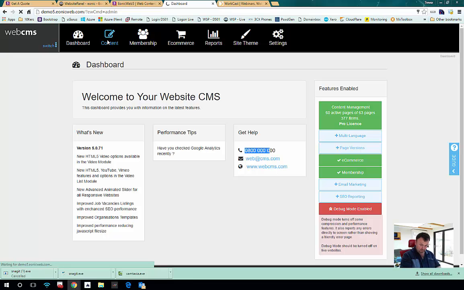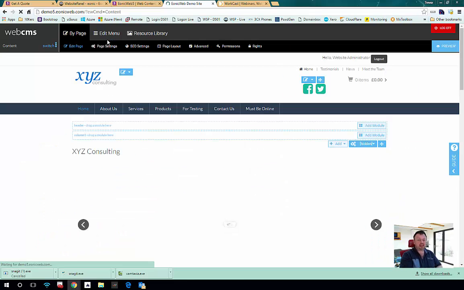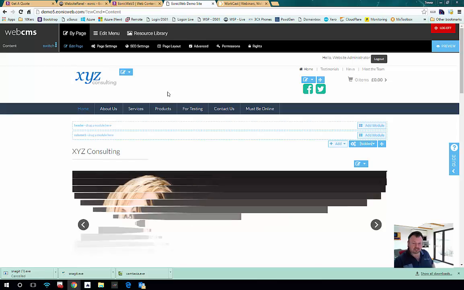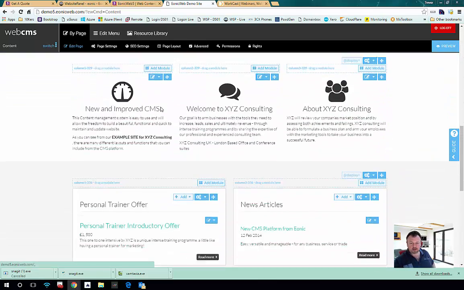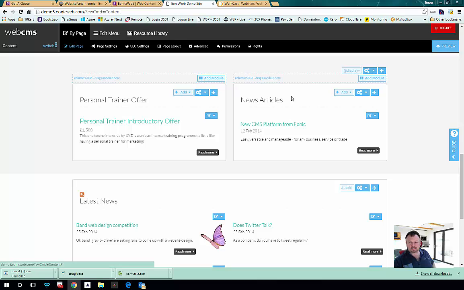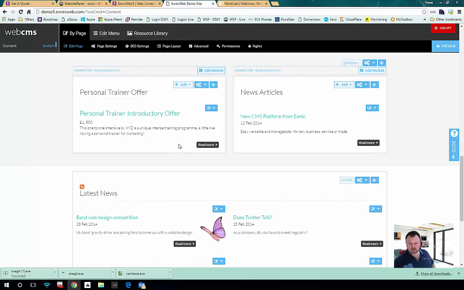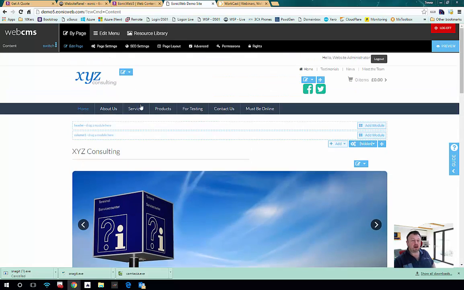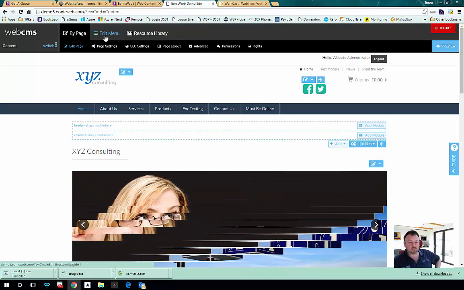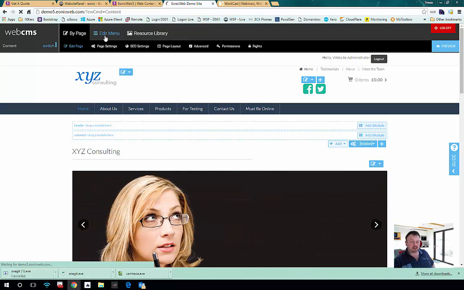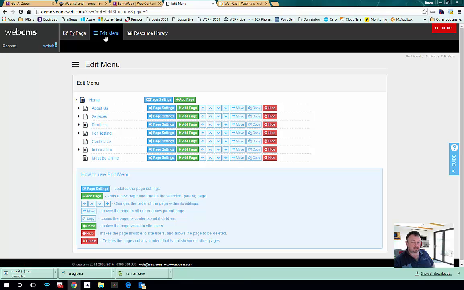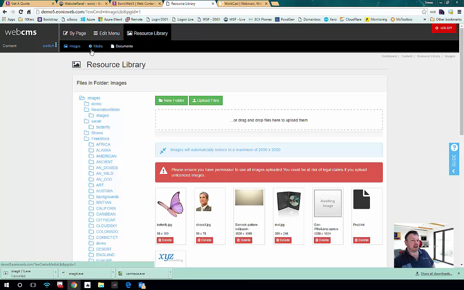Okay. So clicking on the content button takes you to the home page of the website, but in edit mode. So here you will see the site itself, with extra buttons hanging over the top of anything that you can go in and edit. Up the top here we've got a black menu which gives you the main features of the content management system. So the edit menu allows you to make changes to the menu, and the resource library allows you to upload documents, videos and images. Okay, so if we go back to my page,